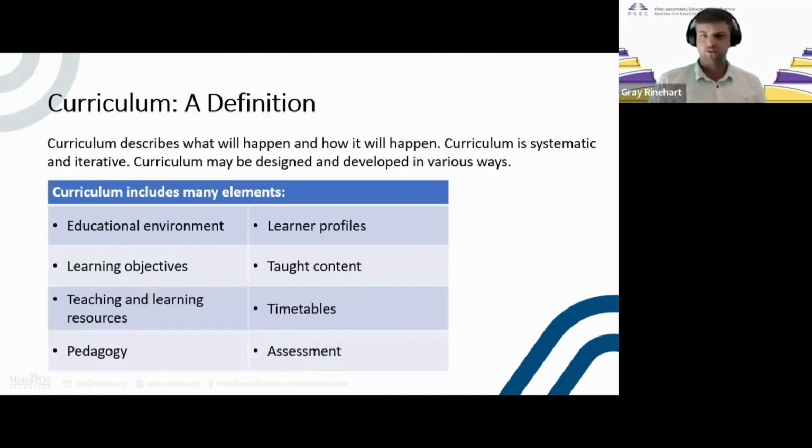So just to simplify this a bit, curriculum describes what will happen and how it will happen. It's systematic. It's also iterative, which means it can be developed. It can change over time. Curriculum may be designed and developed in many various ways. I would argue that there's no one way that we always design and develop curriculum. It's a very personal experience for educators. And I think it's very rewarding